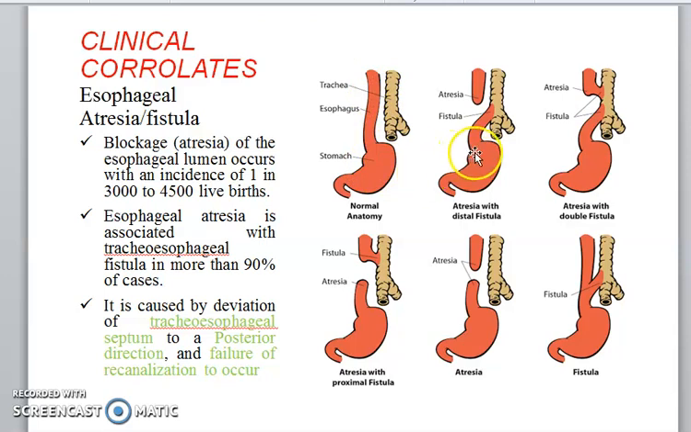A normal presentation. Sometimes there is atresia, that is complete blockade. Sometimes there is a blockade up here and there is a fistula opening into the trachea. Sometimes there are two fistulas opening from the esophagus into the trachea, and then there is an occlusion here, the atresia. Here also there is an opening into the trachea. There is an occlusion here, and then there is a complete occlusion here, atresia. The stomach is not open at all. The esophagus is not opening at all to the trachea. Whereas in some cases, both up and down, the esophagus does not have any connection to the trachea, but it is completely